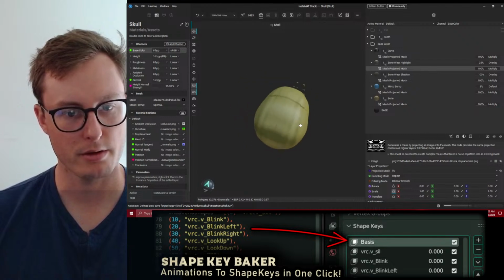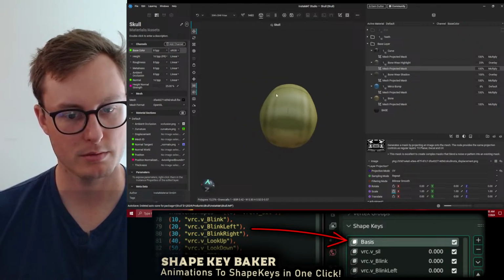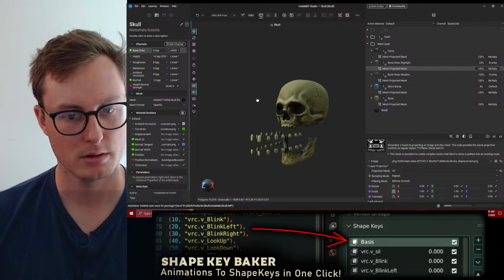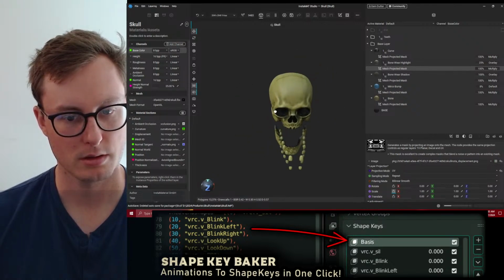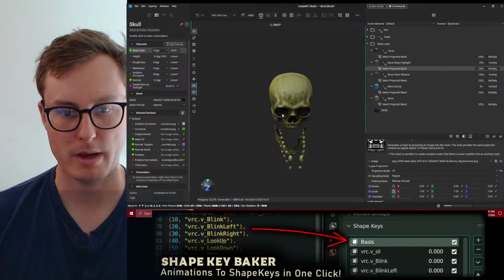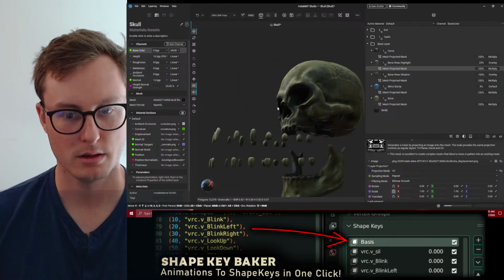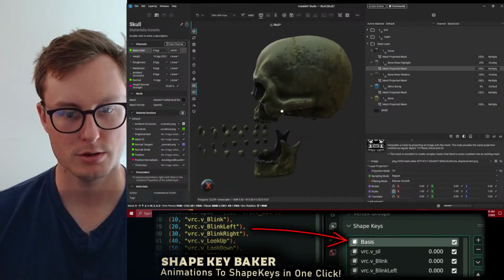Looks pretty good overall, though. Some weird lines right there, but turn our dirt back on. Turn on the dirt.